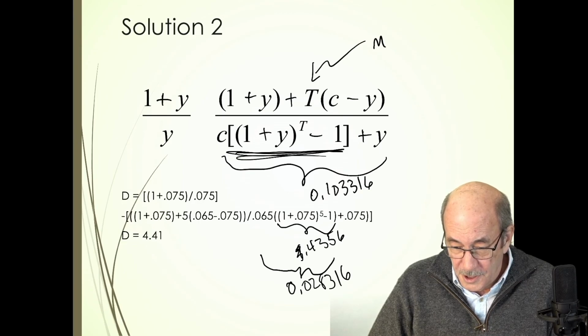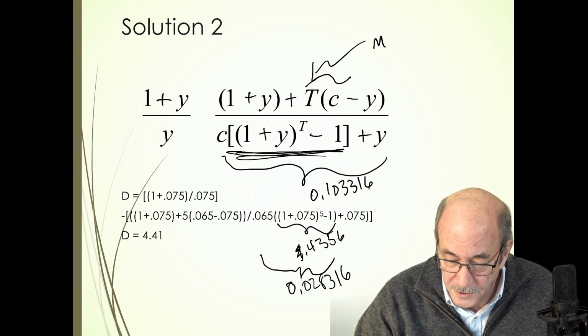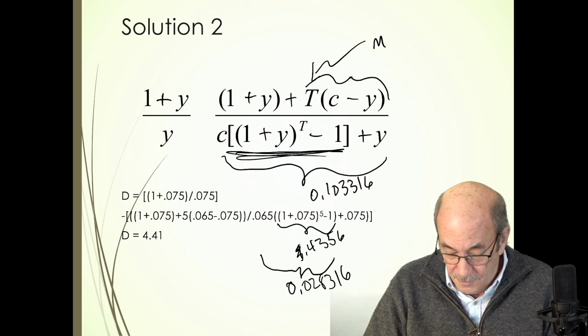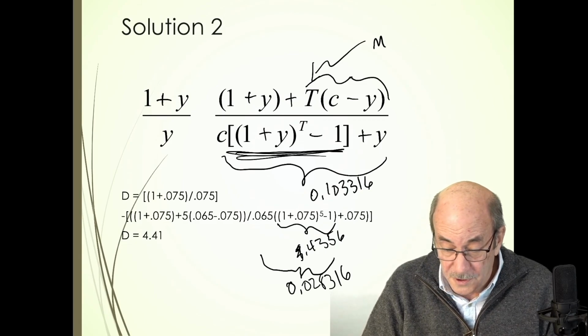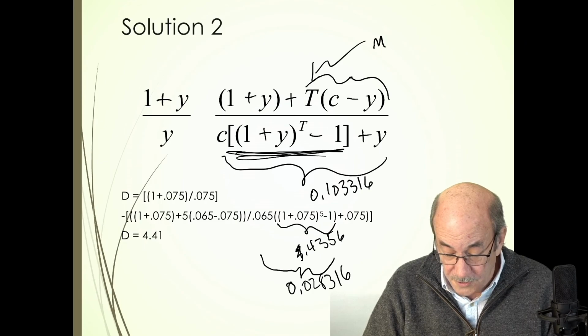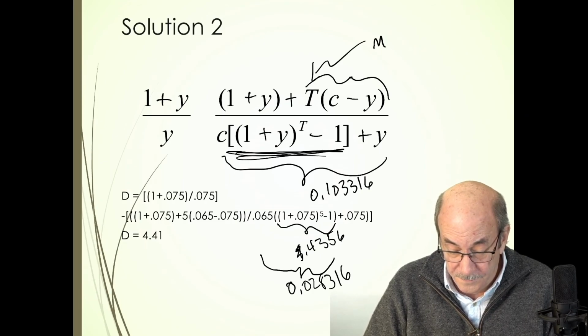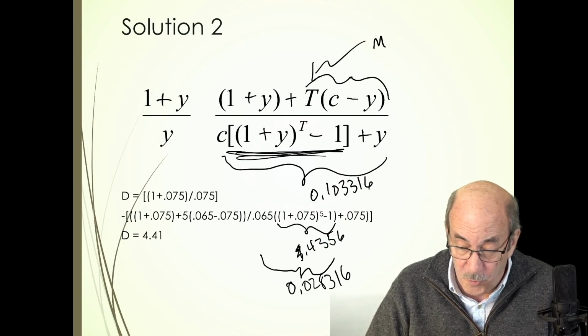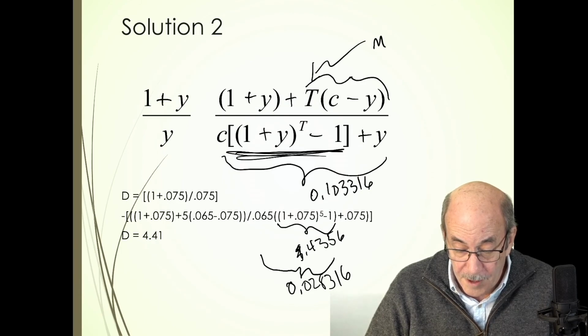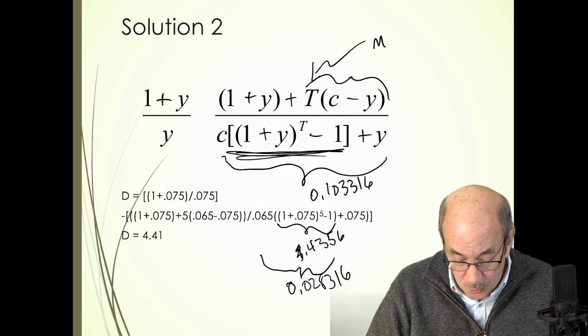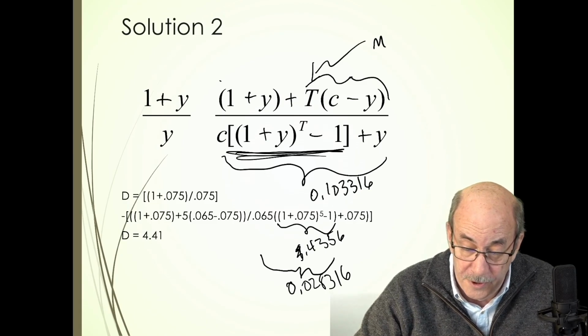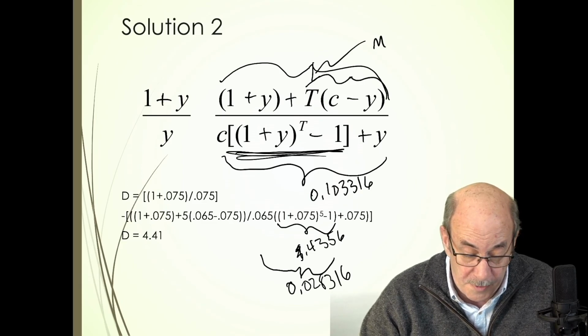Let's do this term first. So the coupon rate is 0.065 minus 0.075, negative 0.01, times 5, negative 0.05. I'm going to add that to my 1.075. So for the numerator up here, I'm getting